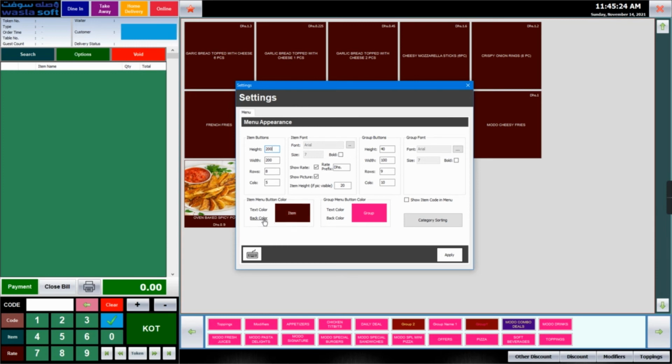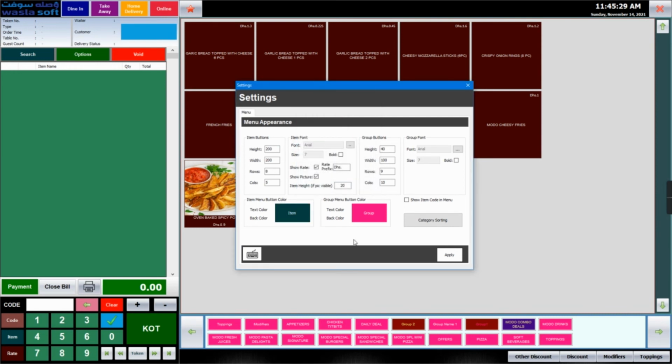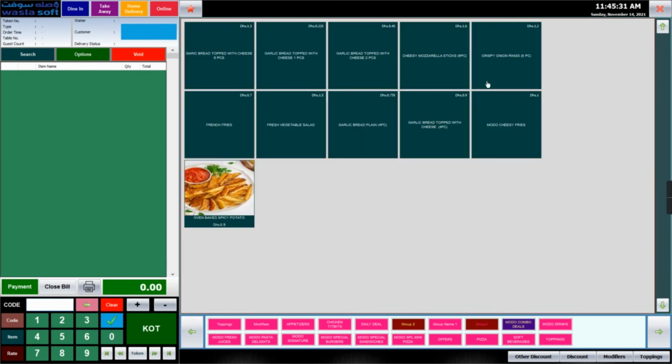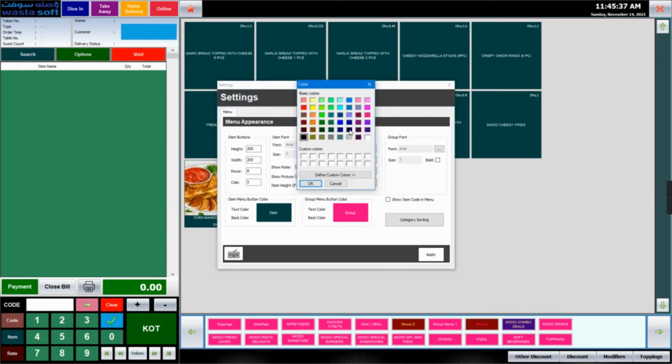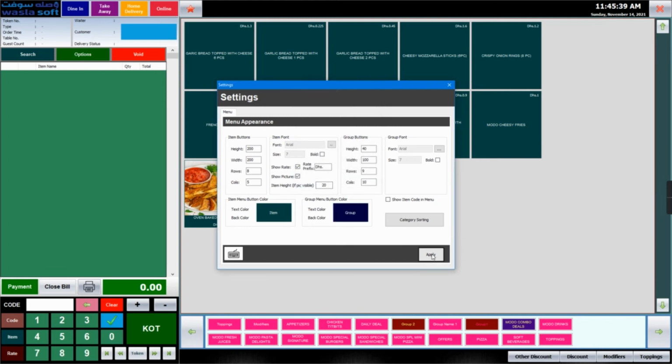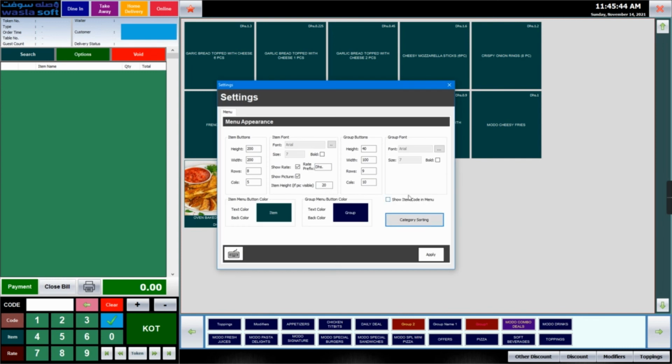Also, for all the items that are showing here, you can change the default color. Now you can see everything in a different color. Also, for the group menu button color, you can set any other color here. And the font for that item and group you can set here.